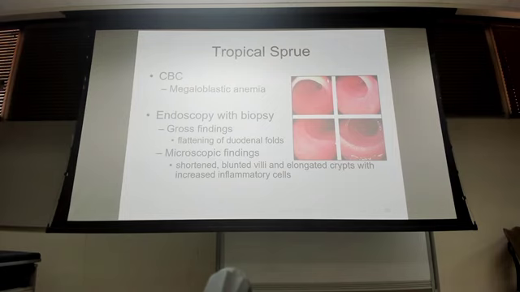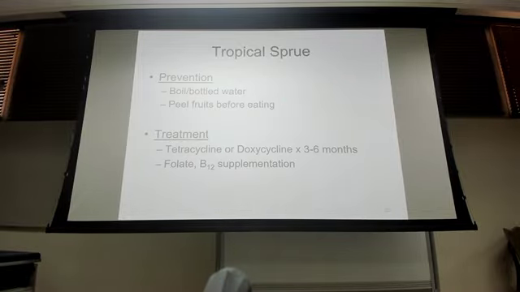Travel history is what you need to pull out of this one, right? They've been in that tropical area north and south of the equator, because that's the only place that it lives. Long-term antibiotics, again, not as long, about a third of the time, or a quarter, but tetracycline and doxycycline for 3 to 6 months, and then we have to correct their folate and B12 deficiency. So we have to give them supplements of folate and B12 to get rid of the nutritional deficiencies in their